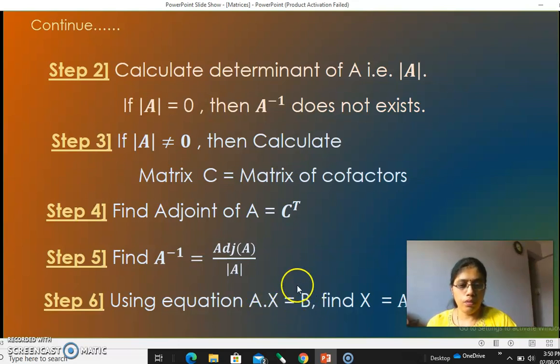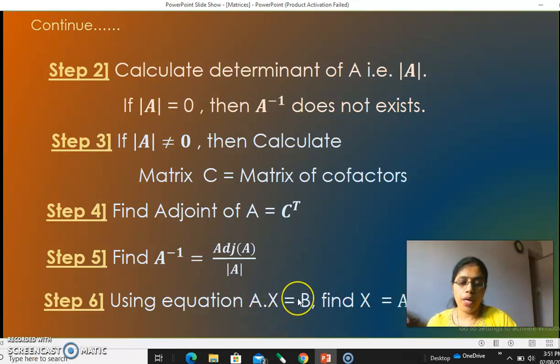So by using this equation, you can find the X matrix. Right? This is the matrix we have to find out, no? The X matrix, a column matrix with the unknowns x, y, z. So this X matrix we have to find out. Correct? So what is it, X matrix from this equation? It is simply equal to A inverse B.